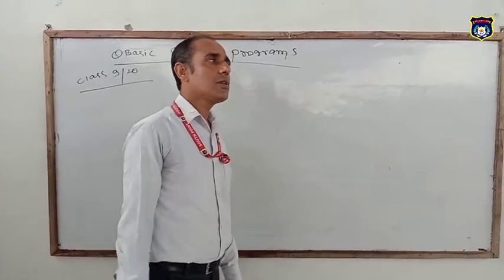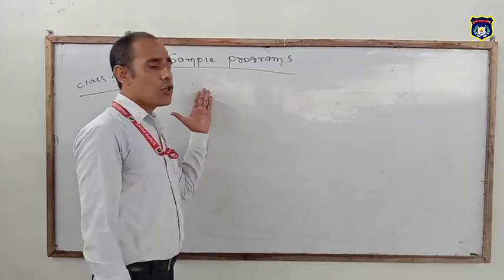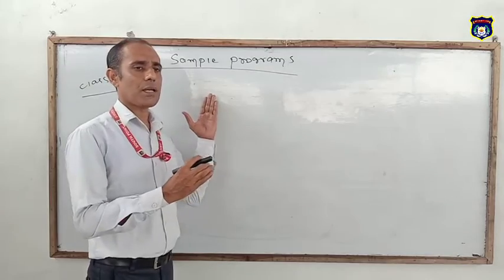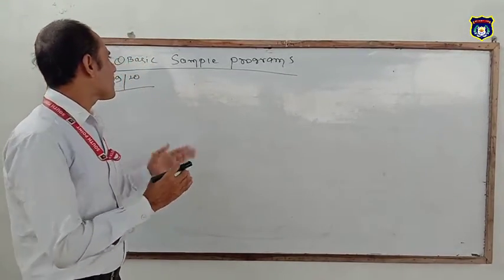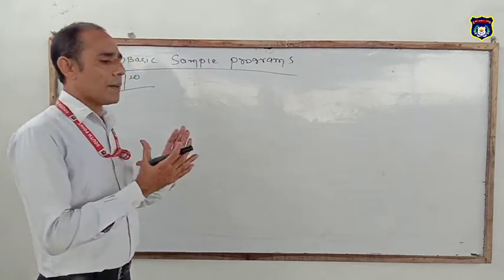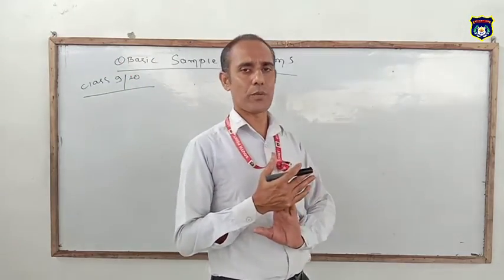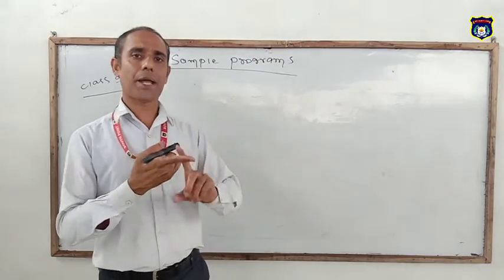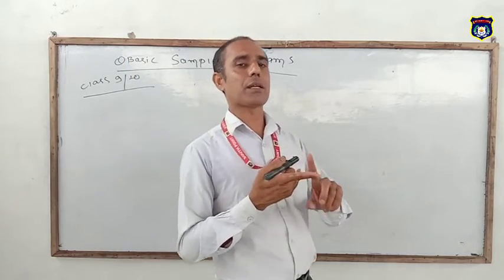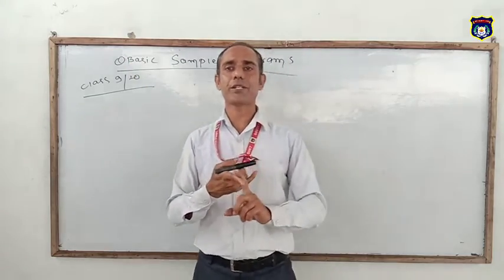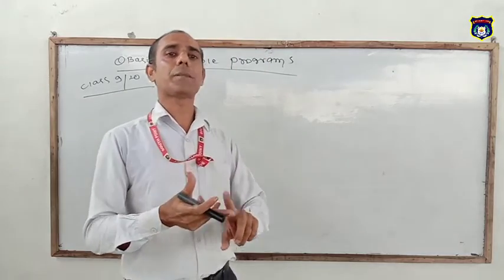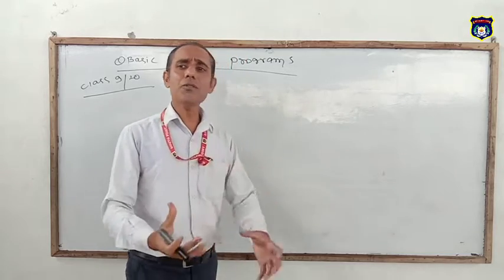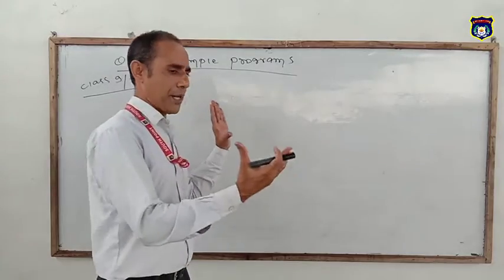Today we are going to learn about QBasic simple programs, how to design the normal programs in QBasic. Before knowing simple programs, we must understand the basic things of QBasic programming. That is called the fundamentals of QBasic. In the fundamentals, we need to know about the variable, how to declare the variable, what are the rules for declaring variable names, how many types of variable, what is a constant, how many types of constant, what is a numeric constant, what is a string constant, what is an operator, and what is the function of an operator. We have to prepare these things. Why? Because without these basic concepts, we cannot design the program.